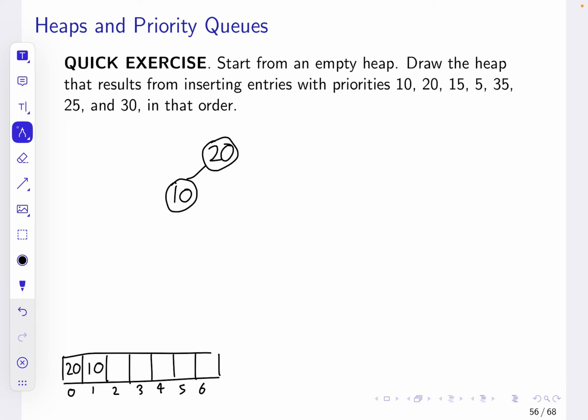All right, we have a heap so far. Now we put in 15. Goes in the first open spot in the perfect binary tree. And this is fine. 20 is greater than 15. It's still greater than 10. The whole thing is still in heap order. Now we insert 5. This is also just fine. But now